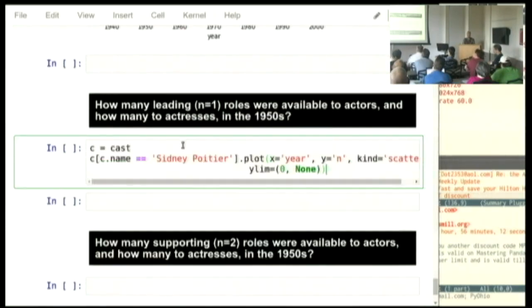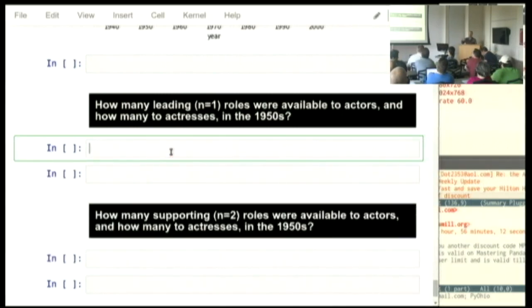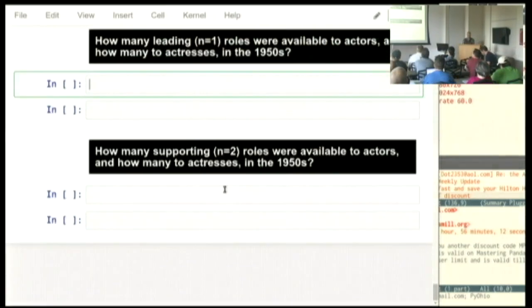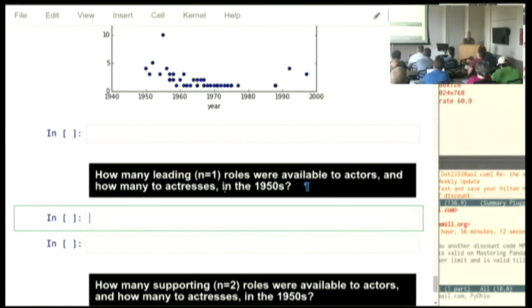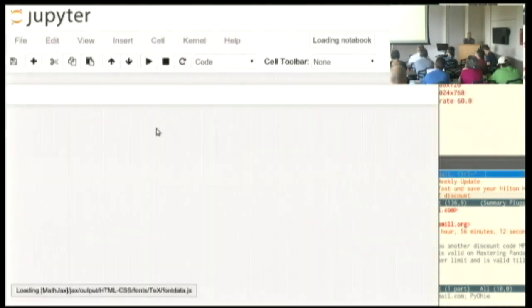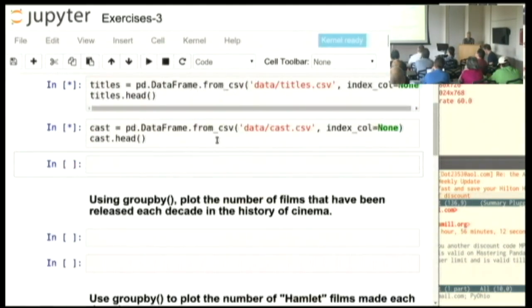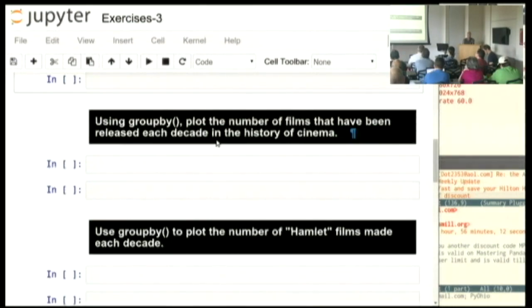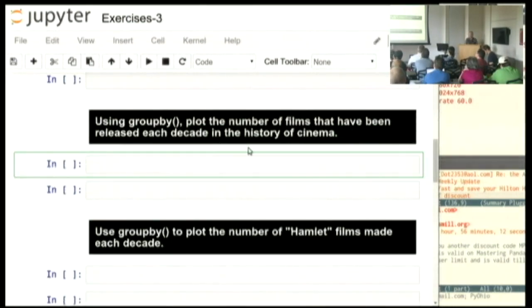How many leading roles were available to actors and how many to actresses in the 1950s? This question is just asking you to state those two numbers. As we're getting low on time, because I've gone into a good deal of detail here, I'm going to jump right ahead to exercise 3 and answer a more interesting question in order to show you a final superpower